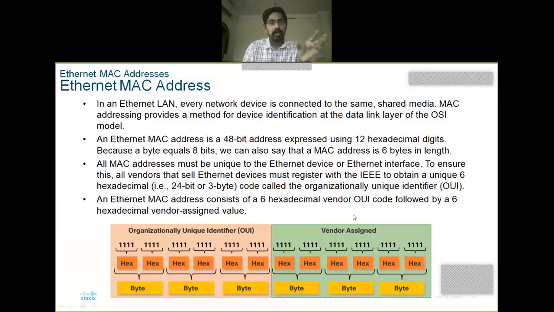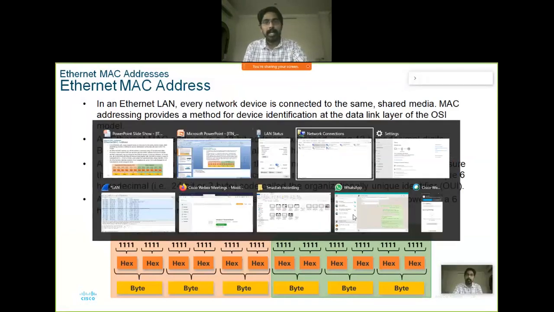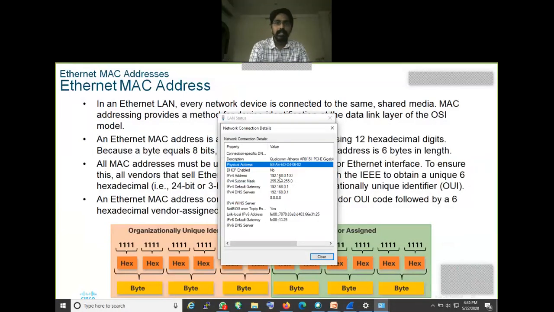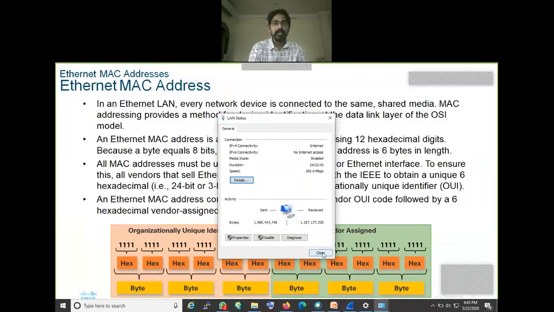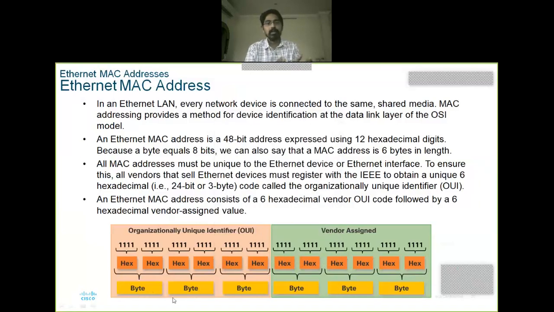A pair of 2 hexa is considered as a byte. Right? Pair of 2 hexa considered as a byte. So observe here, a pair, B8, means 2 hexadecimal values considered as a byte. Like that, how many bytes were there? 6 bytes were there. 6 bytes, right? So observe here, yellow color. Total 6 bytes were there, and these 6 bytes or 12 hexa values were divided into 2 groups.